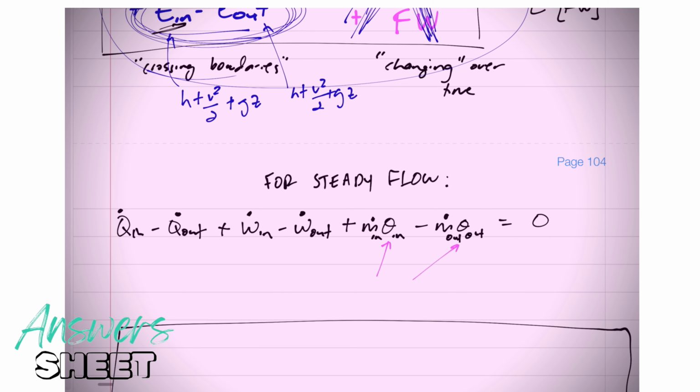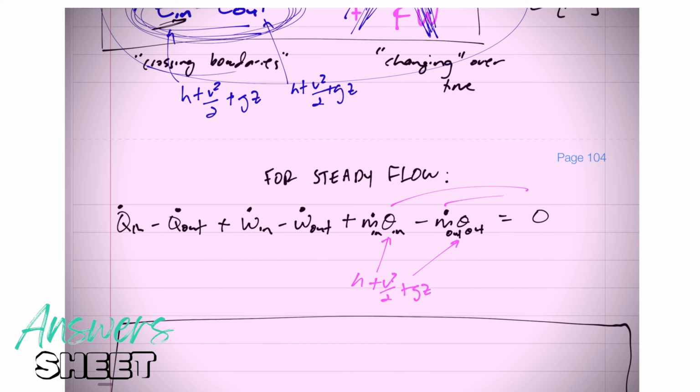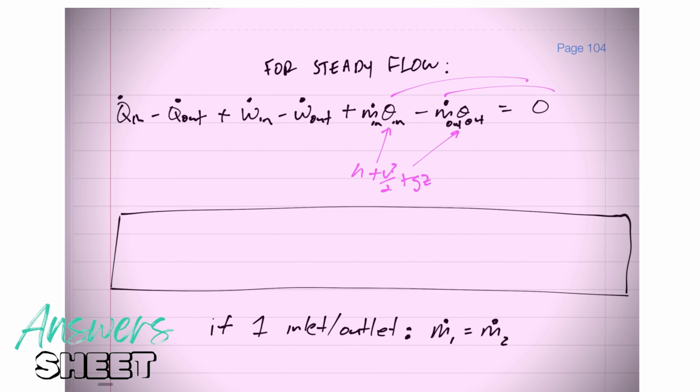These terms are h plus v squared over 2 plus gz. See, do you mind if I go ahead and take those to the right-hand side of our equation? I'm going to leave the Q's and W's on the left-hand side, but I'm going to take the energy in a flowing fluid to the right-hand side. So it becomes Q plus W, but you know that in means positive and out means negative, equals